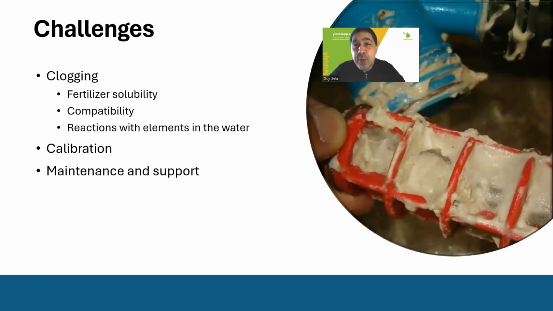So fertigation doesn't come without challenges. There are many challenges with fertigation. I would say that the biggest challenge is that it's not easy, right? Why is it not easy? And I'm not even talking about doing the calculations, understanding how much we inject and how we inject the fertilizers. But there are issues with the clogging of emitters, of parts of the irrigation system, due to precipitation of